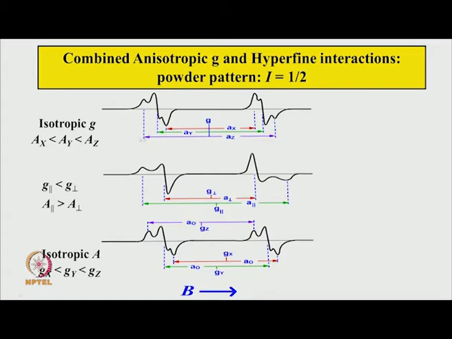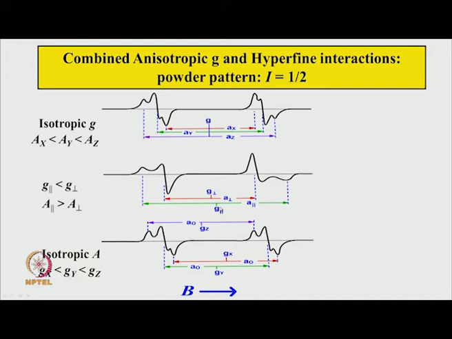It is also possible that the G matrix and A matrix are both present, the isotropic G and isotropic A. So, they can have this type of appearance then. Here isotropic G, that is all 3 transitions here, the pair of transitions corresponding to AX, AY, AZ, the center value of all 3 of them is the same. So, G is isotropic. On the other hand, if G is axially symmetric, then I can get these 2 centers: the center of this and this corresponds to A perpendicular, the distance between this and this is A parallel, and the center of this is G parallel.